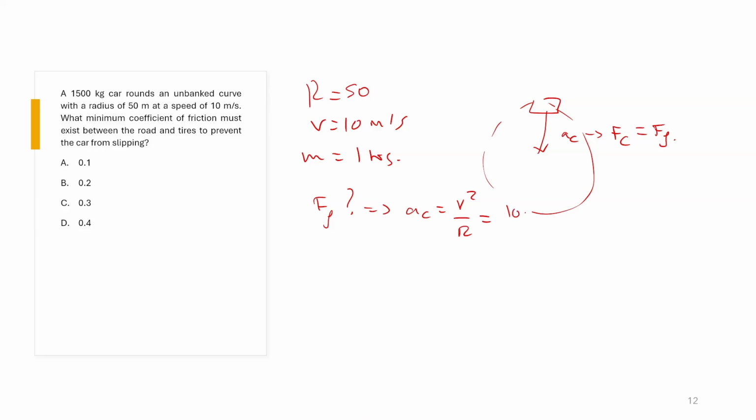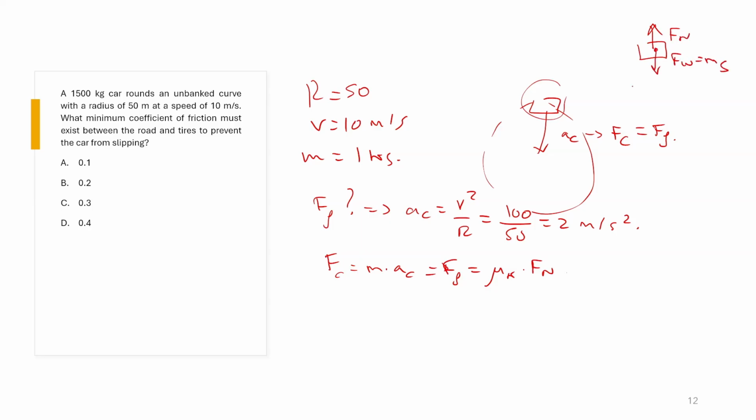So v squared is 100 divided by the radius 50. That's equal to 2. So we need to have an acceleration of 2 meters per square second. The centripetal force anyways is going to be mass times centripetal acceleration. And that's going to be equal to the friction, which is equal to mu sub k times force of normal. If I take the car and analyze the car standing on the ground, I'm going to have a force of normal due to the ground, and I'm going to have a weight due to the car. Because there's no motion vertically again,